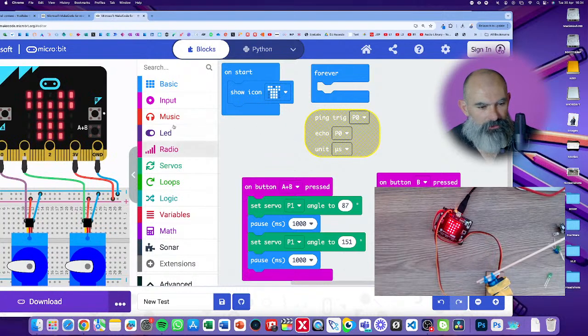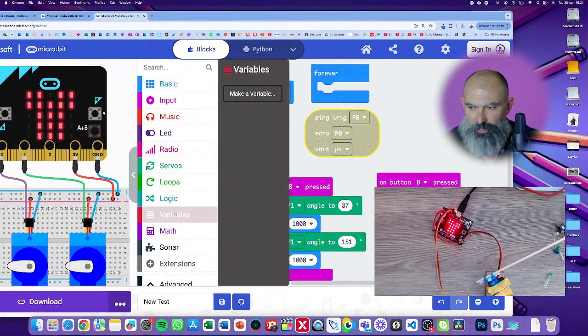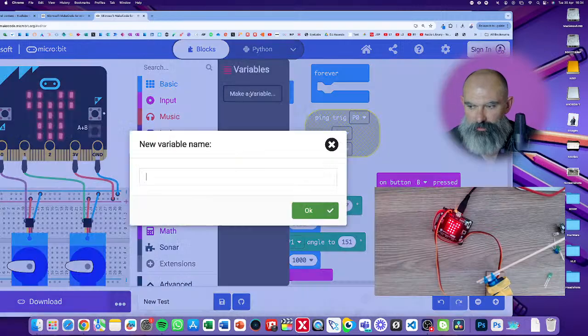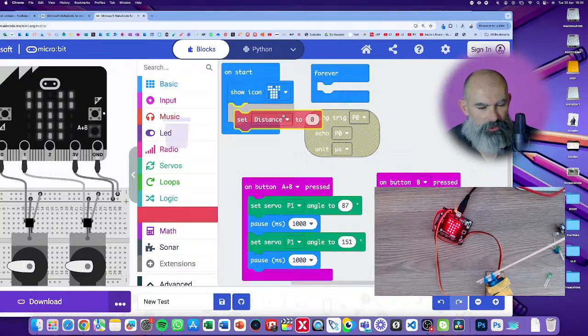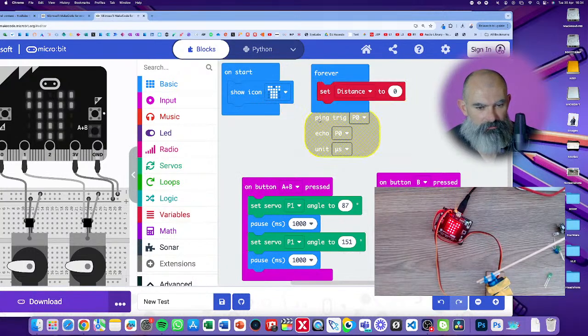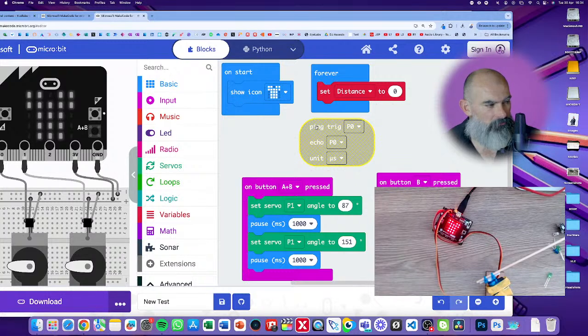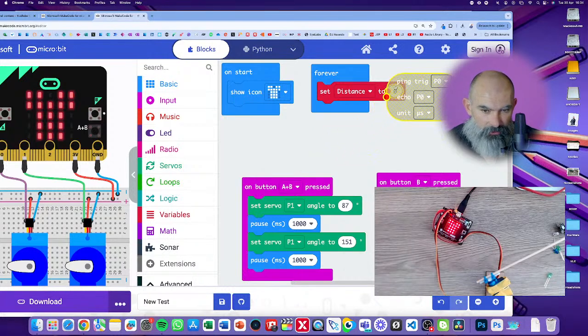And what I do is I go to variables, and we make a variable called distance. So this would be like anyone that's been following on the previous sessions, this is just making a variable. So I would say distance equals 0. Done. And here it's saying set distance to 0, but I'm going to drag this into that oval looking area